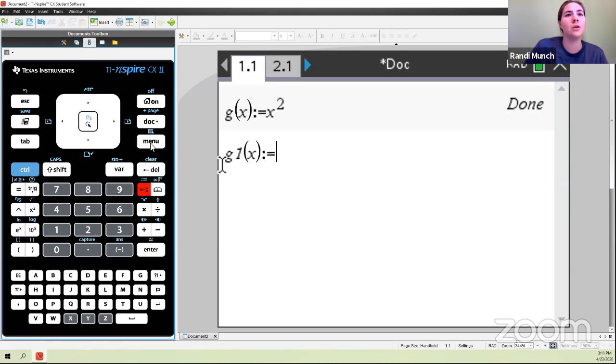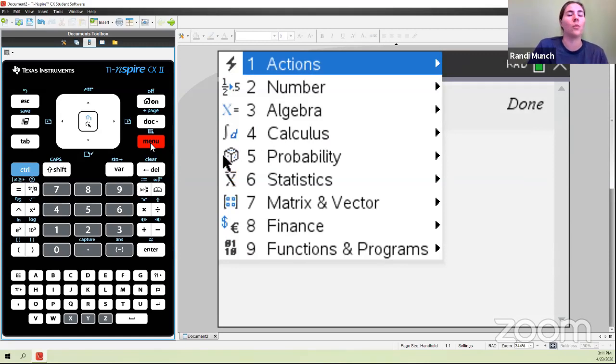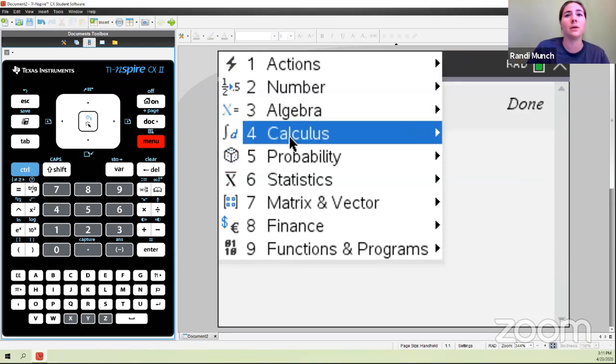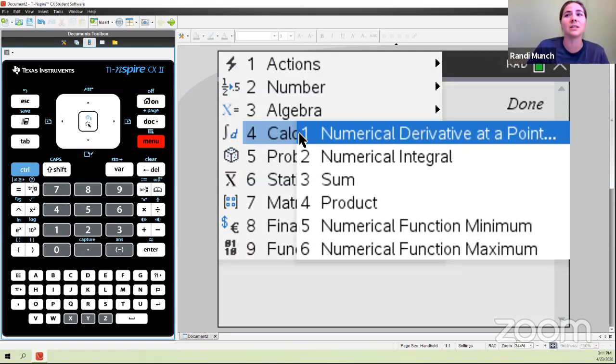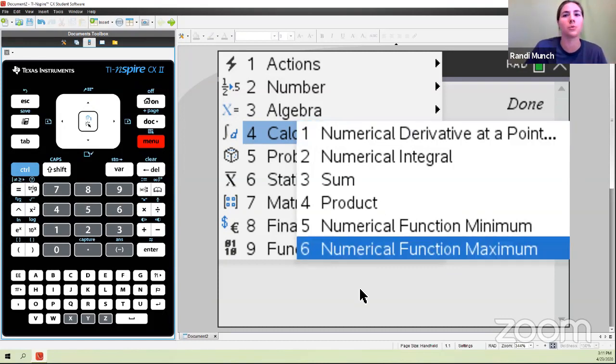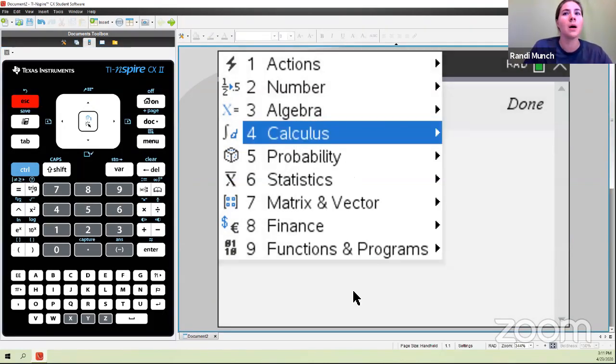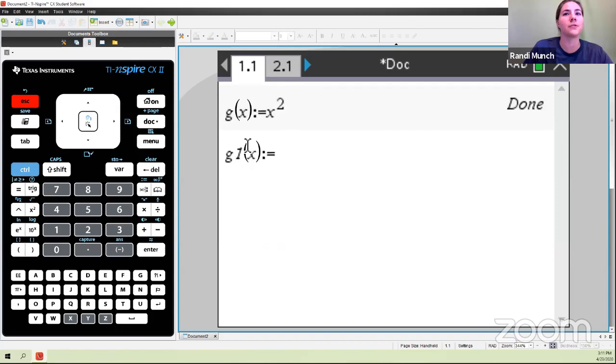And then in the menu button, I always tell my kids, where did we learn derivatives? Well, we learned them in calculus. So I'm going to go to the calculus, and you'll see there's your derivative at a point. If you're working on a CX or a CAS, those are going to be a little bit different just because of the computer algebra software. But when I do this on the CAS version, I have my kids define that. I'm not going to worry about that for right now, but I'm just going to define that